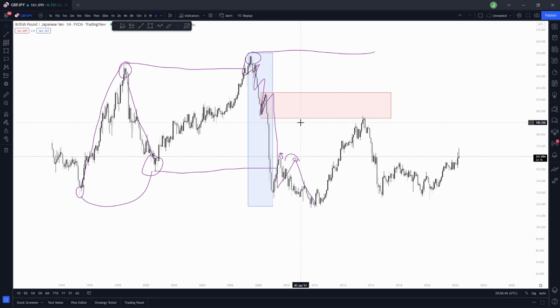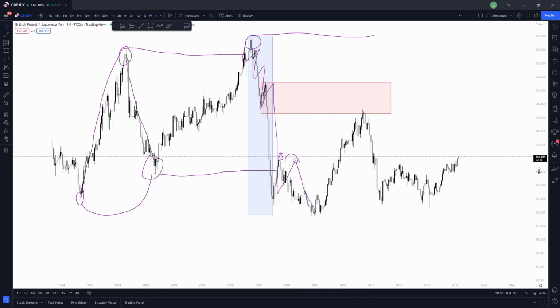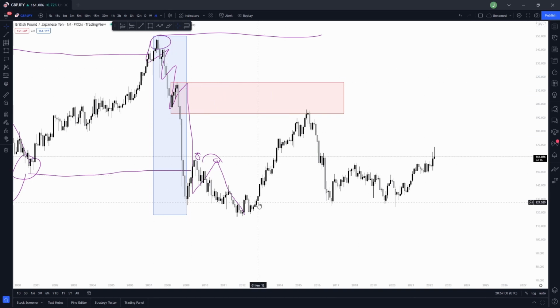And obviously hindsight's a wonderful thing. We've seen that price has played out the way we wanted it to. Price has traded back up. It has tapped into this last buy before sell. It has filled in some of the market inefficiencies, and then it has displaced. Now what I mean by that is that if we were to view this retracement as bullish structure, you will